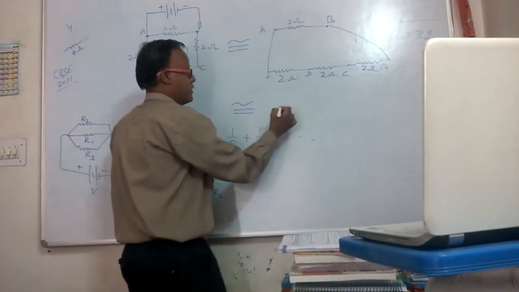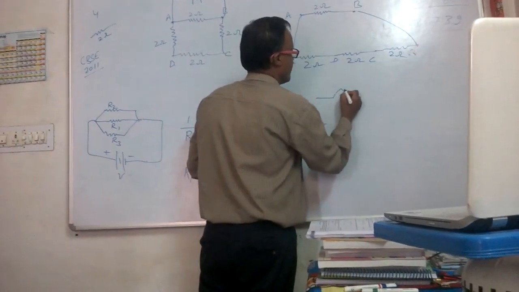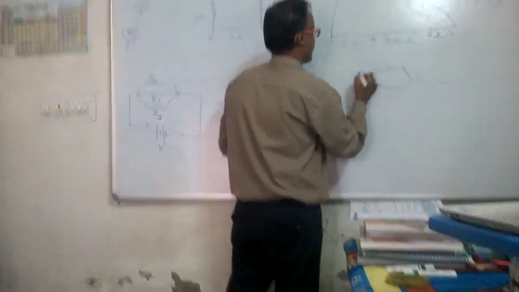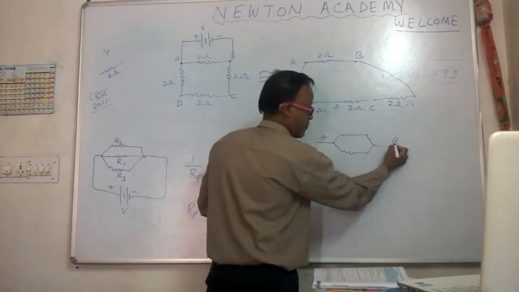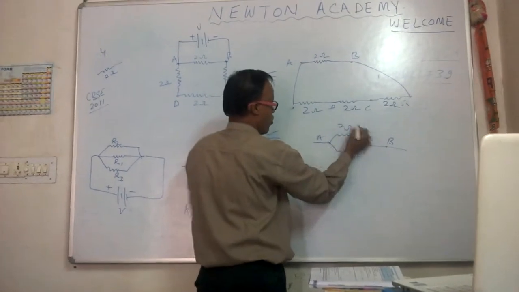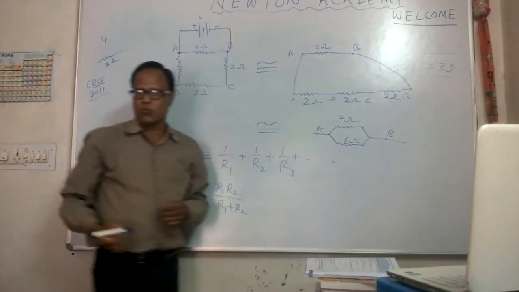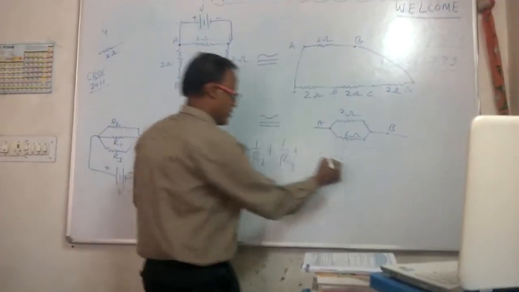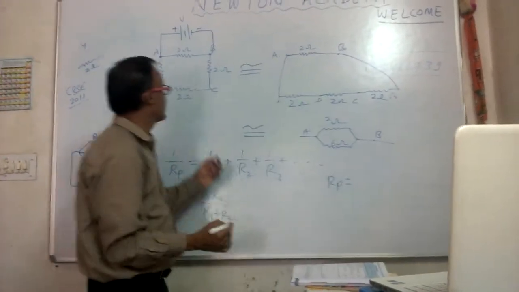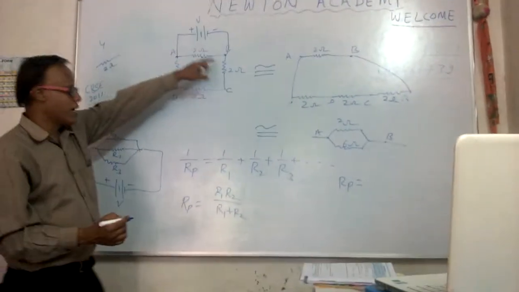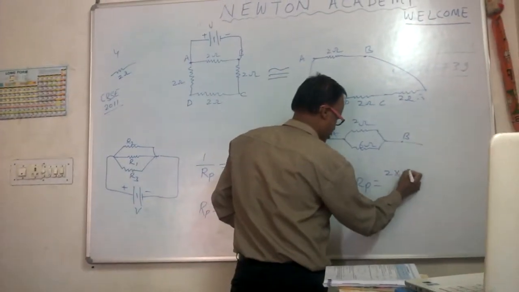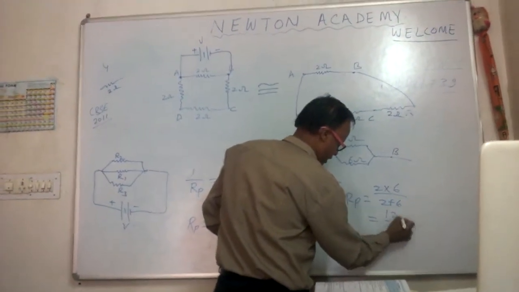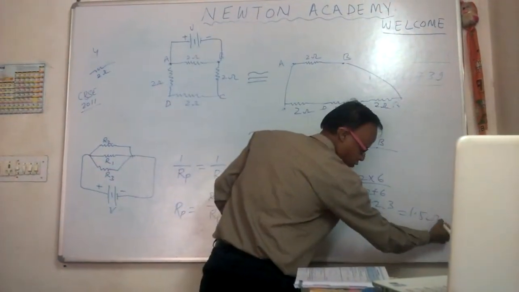So again we can draw an equivalent diagram, it becomes like that, simple. One resistor here, another is here, and this is our A point, this is our B point. Between A and B, it is 2 ohm, and this complete one becomes 6 ohm. Now we apply this formula, Rp is equal to R1 R2 upon R1 plus R2. The effective resistance of the given combination at the two adjacent points is 2 into 6 upon 2 plus 6, equal to 12 upon 8, equal to 1.5 ohm.